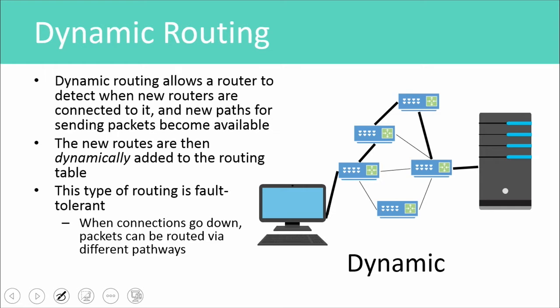Dynamic routes. Routes change, right? Dynamic routing allows a router to detect when brand new routers are connected. And this means that the new pathways are available for sending packets. And so routes are then added to the routing table dynamically, right? So they're just automatically updated. That's what dynamic means, right? Automatic, just adjusts. This type of routing is fault tolerant because what happens is if you have a connection that goes down,